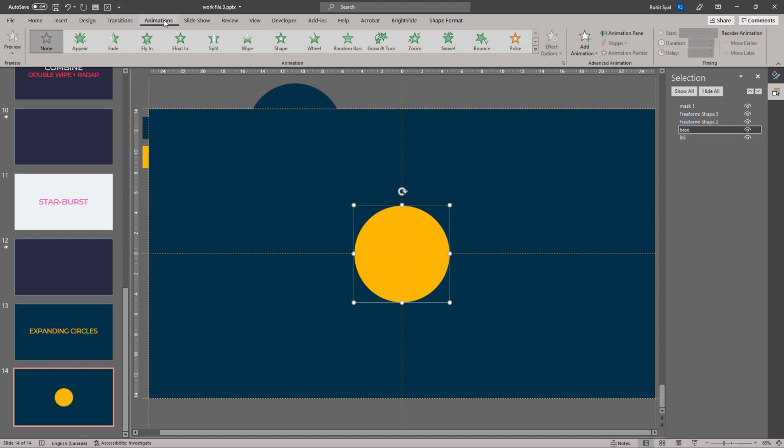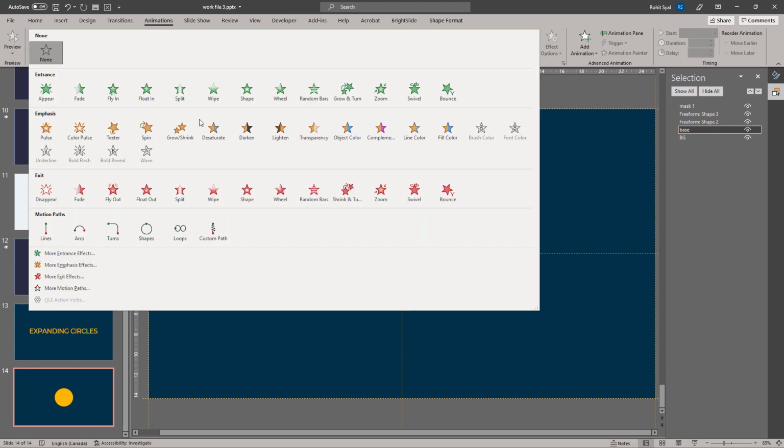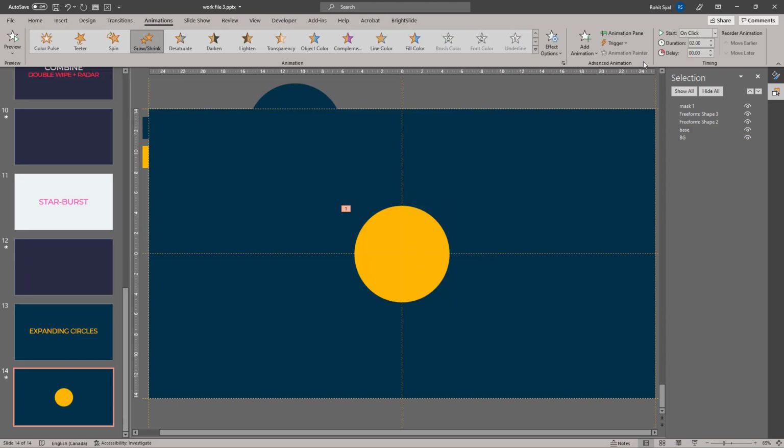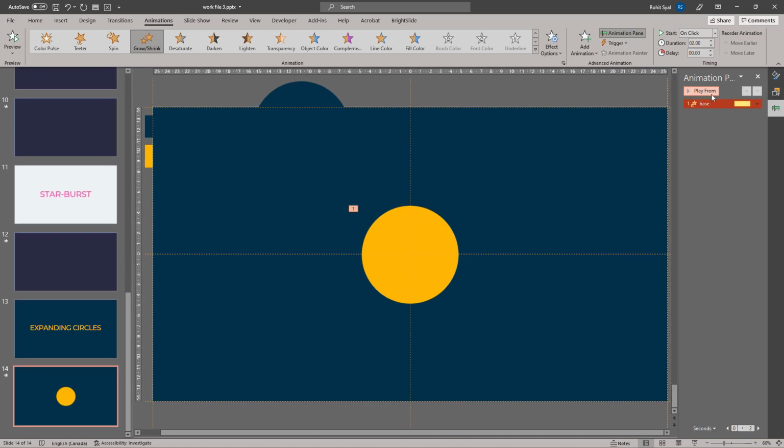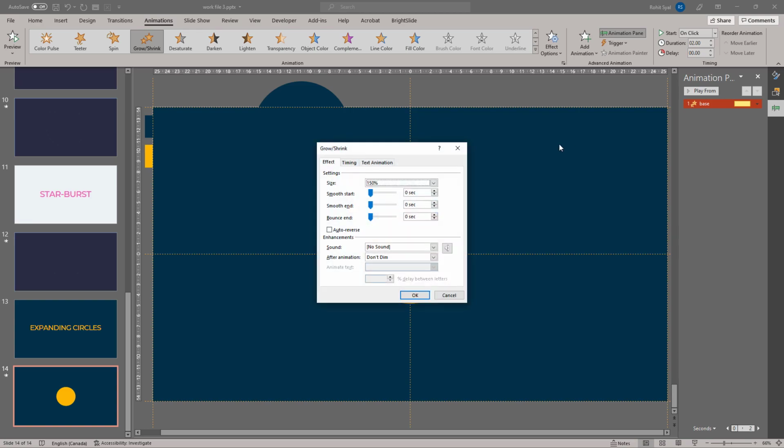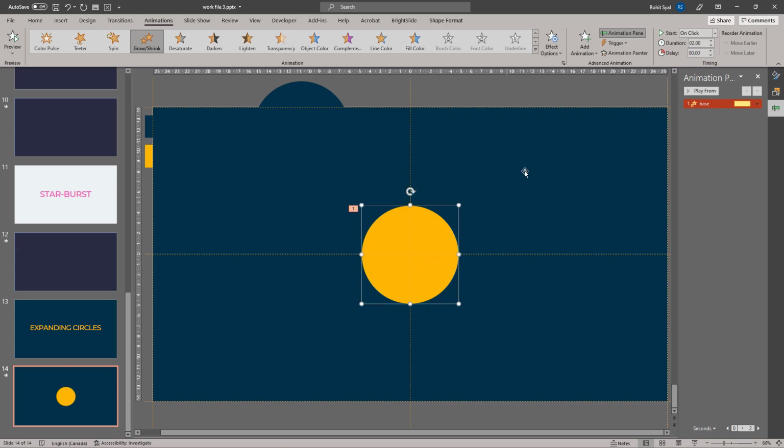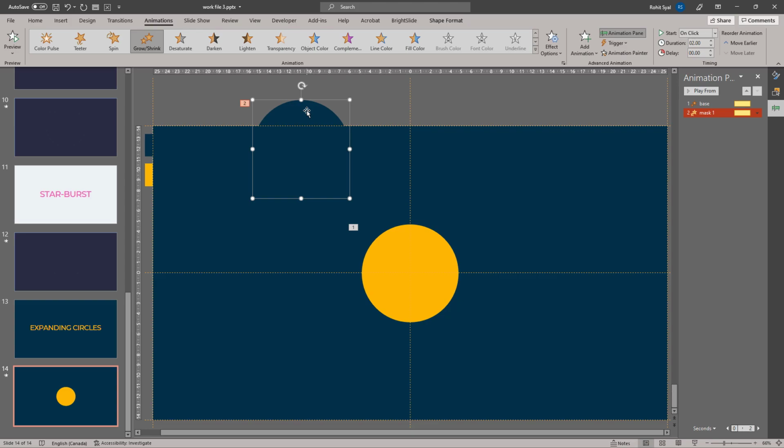Now let's go to our animations. Let's give the base color a grow and shrink animation. In the animation pane, let's go to effect options and give it a full smooth end. Then let's go over to animation painter and give our mask the same animation.